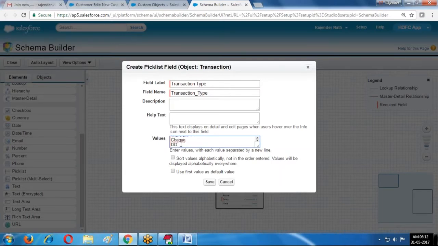Like this we are providing some information. Store values in alphabetical order. Now save it.